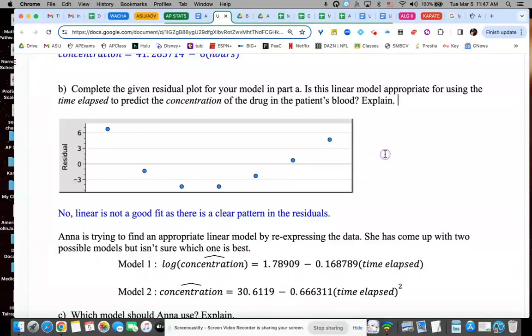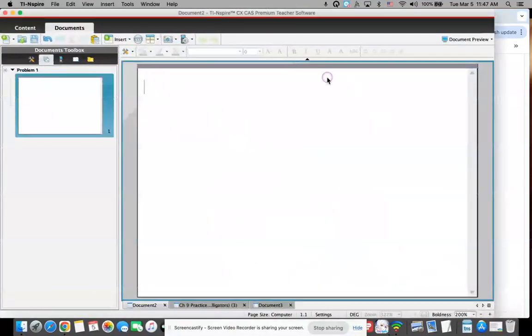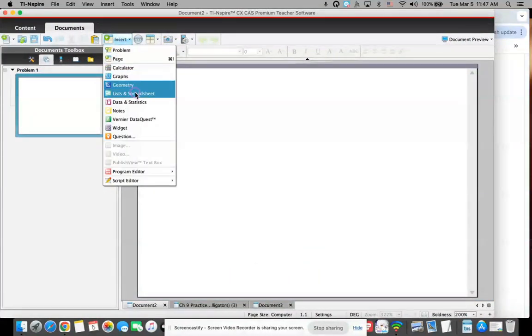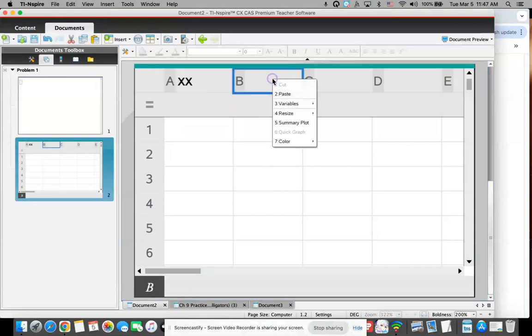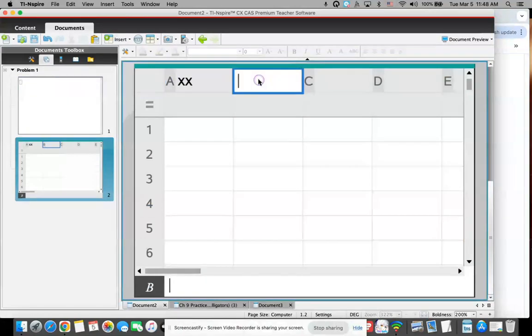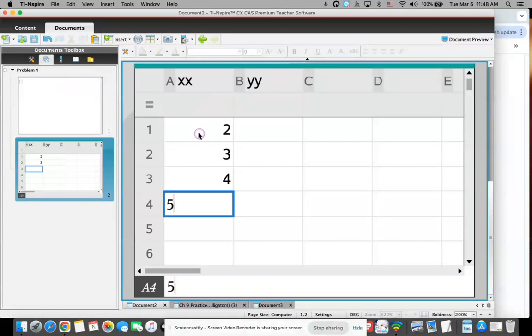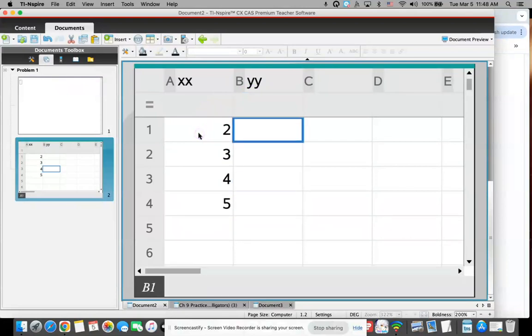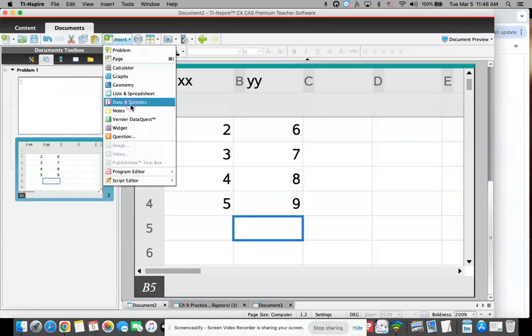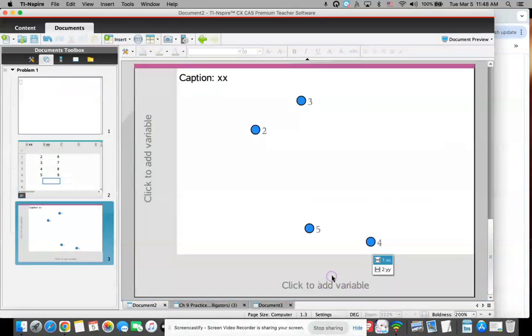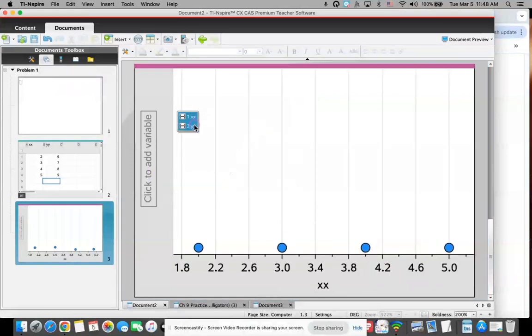Okay, so to get residuals, you can just push the button, right? I can show you where the buttons are real quick. I would put some data in here: this is X, this is Y, just naming it. I'm just going to make up some fake data real quick: 5, 6, 7, 9. Okay, whatever. So when you plot these things out and you have your regression and you have your data plotted,